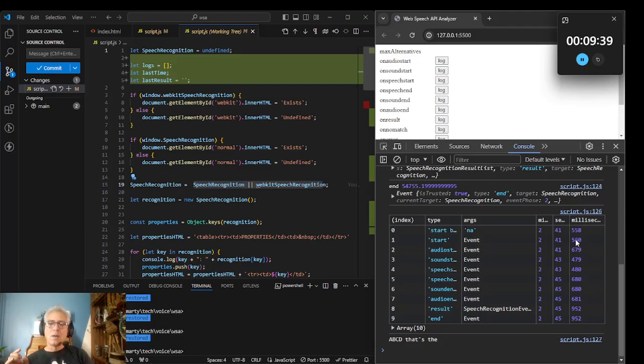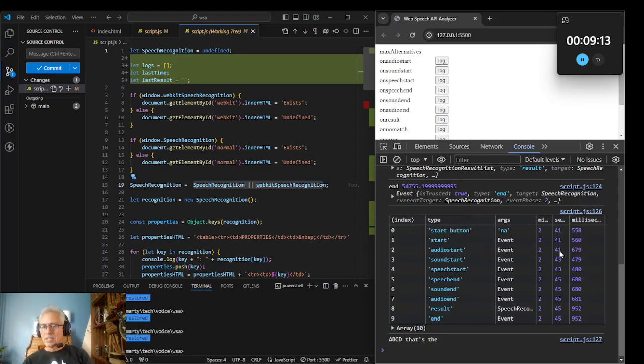Now, interestingly, I did one of these earlier, and from the time I hit the start button to the time was like 2 seconds. So it can be very, very different, the amount of time in between. I think it was 2 seconds because I had to click the I agree or whatever when that mic asked to turn the microphone on. And then, as you can see, I took 17 milliseconds to start talking, just to make some sound,